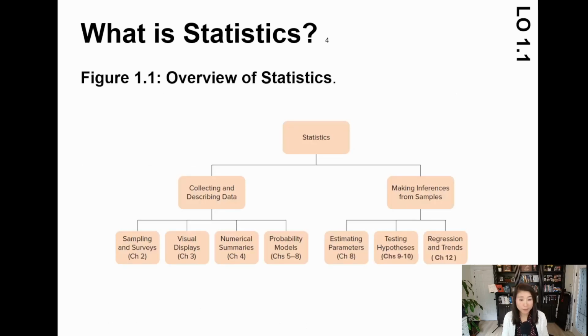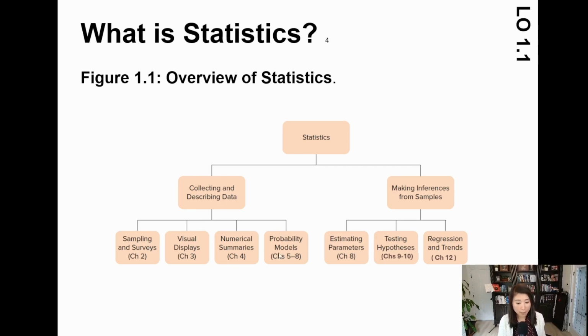So therefore, let me give you an overview of what we're going to cover during this whole semester. Overarching, we're learning statistics. And generally speaking, we are learning describing data. So chapters 2, 3, 4, 5 to 8, we spend two-thirds of the semester learning what's called